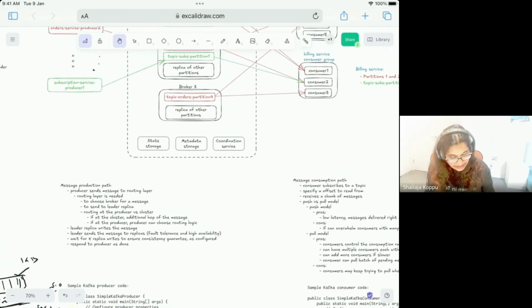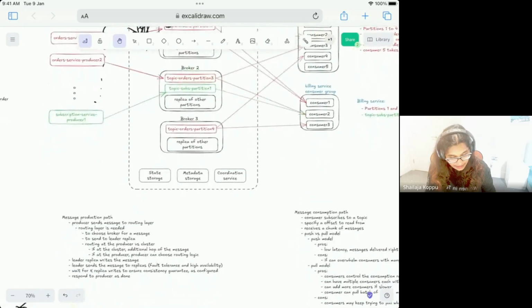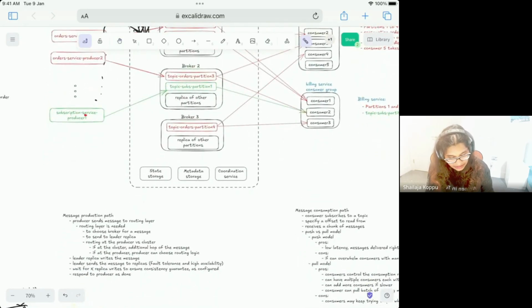So the producer sends a message to the routing layer. As we discussed, the routing layer can be here, it can be here. You need to know the trade-offs. After that, the message ultimately goes to the actual broker.